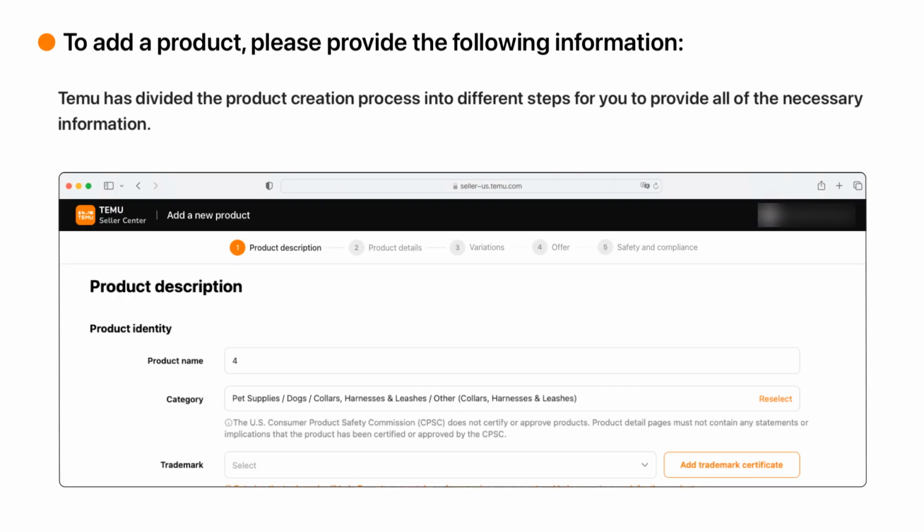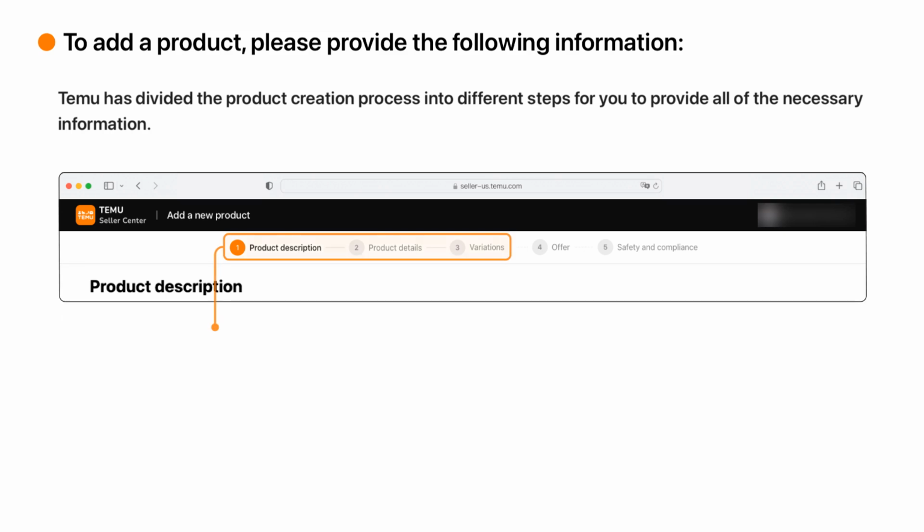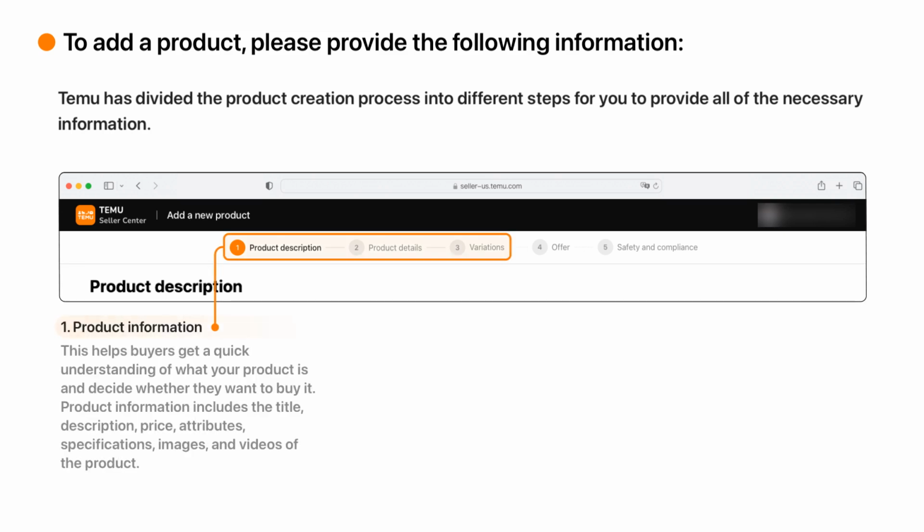To add a product, please provide the following information. TEMU has divided the product creation process into different steps for you to provide all of the necessary information. 1. Product information. This helps buyers get a quick understanding of what your product is and decide whether they want